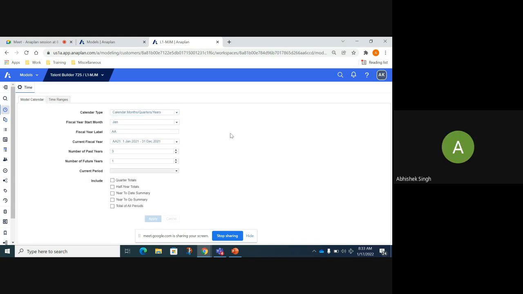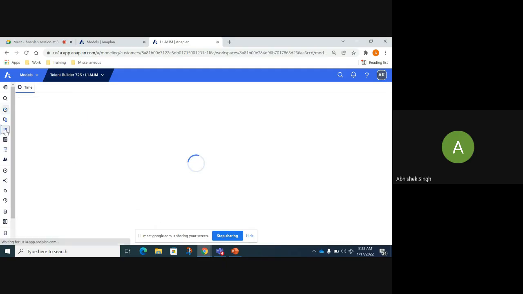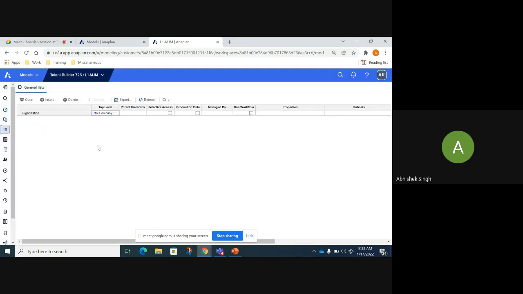Awesome. So today we are moving on to another dimension, and that is nothing but your lists. Like I mentioned before, these lists are nothing but data sets. So our product and geography lists have to be accommodated under the general list section. Let's take an example and build one normal list at this point. The idea is not to create a hierarchical list right now, guys. We are just creating a simple list.